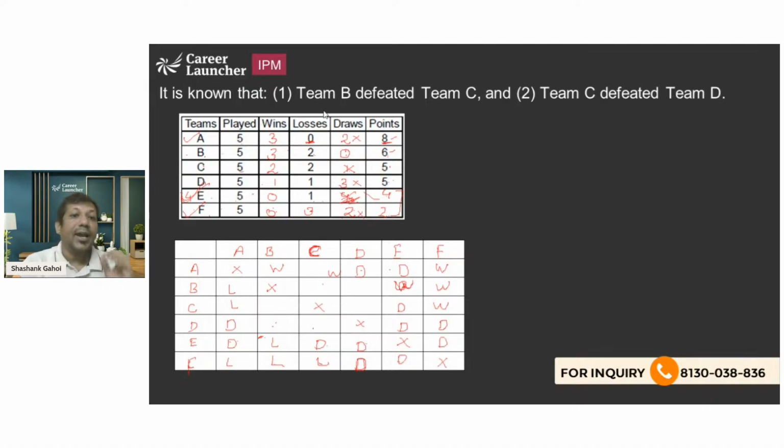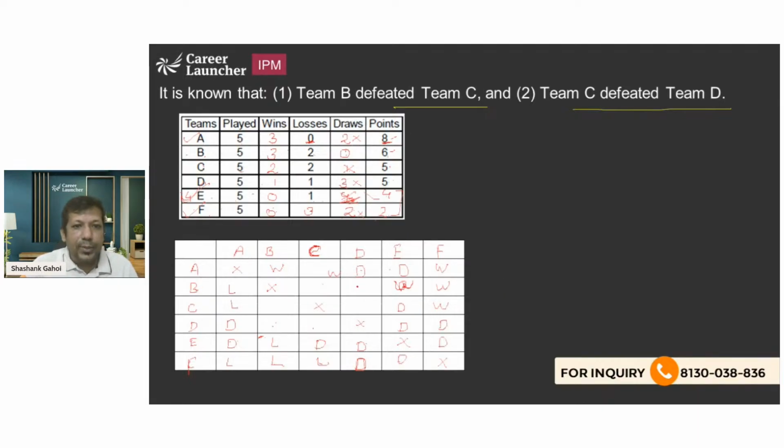So I made a mistake over here that I did not read the one point, and that was a very important point. And what was that point? That point was B defeated C and C defeated D. So B ने C को डिफीट किया और C ने D को डिफीट किया। ठीक है,